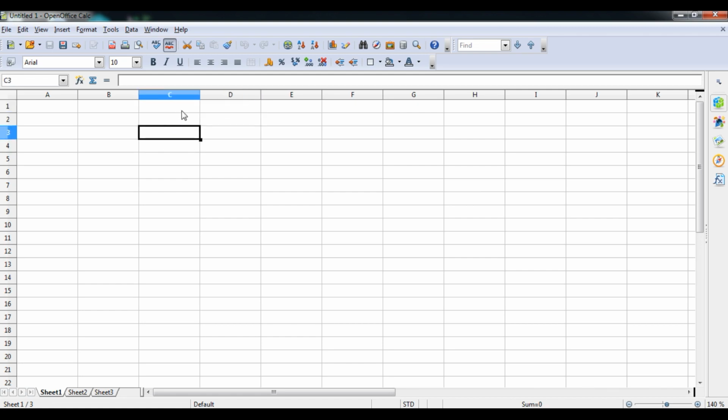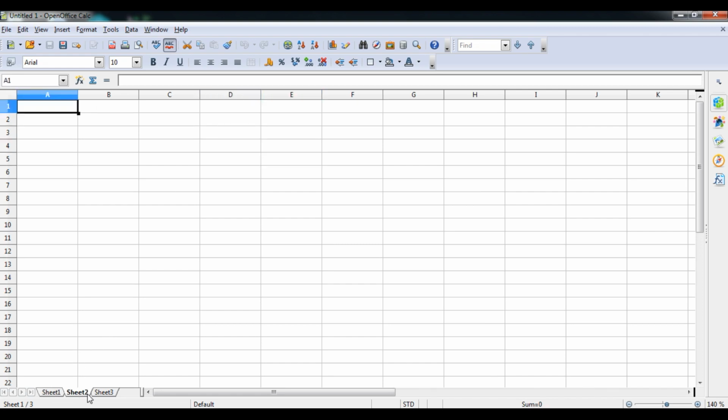We can read it with the help of the highlighted column and row. First of all, we always read the column name first, C, and then the row number, that is 3. The same thing is reflected in the name box also, that is C2. So here you can see C2 and E4. And here is E5. Okay, student.